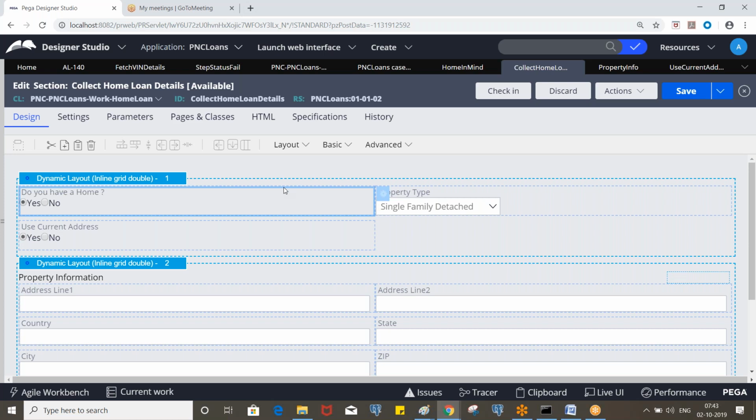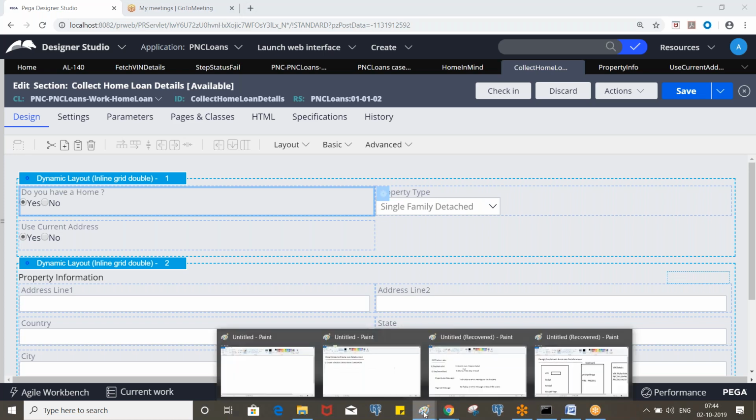If loan purpose is equivalent to purchase, this value has to be defaulted to no. If loan purpose is refinance, that means the borrower has a home already, so in that case this value has to be defaulted to yes. Any questions? Clear, right?